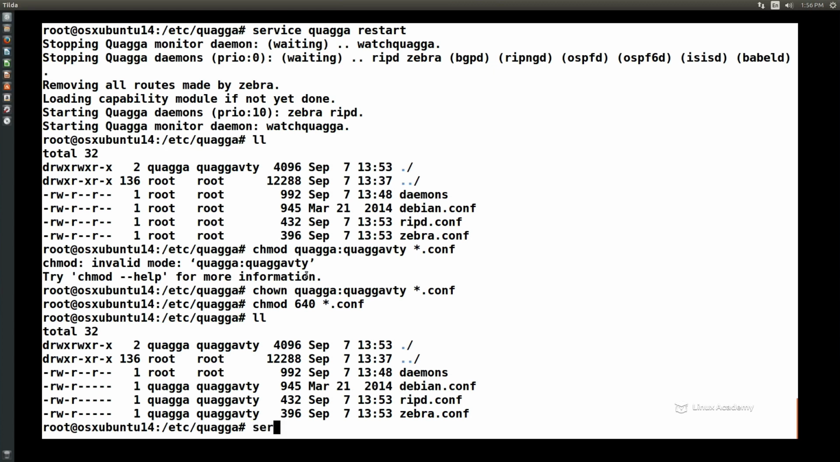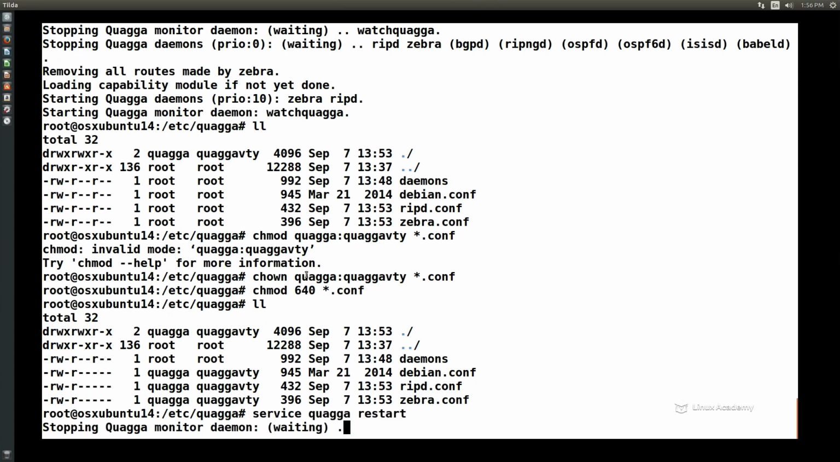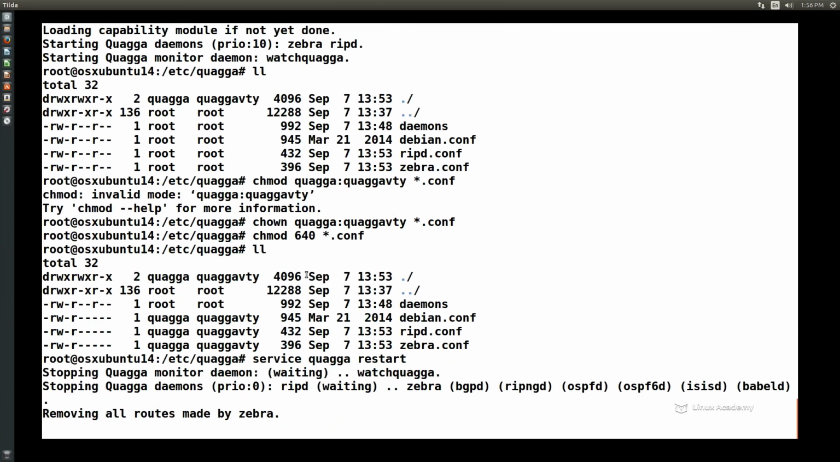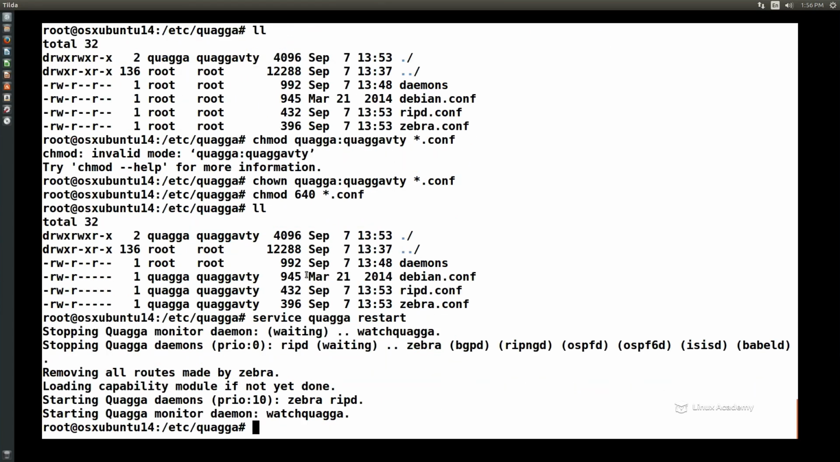service by doing a service Quagga restart. And this will reread those configuration files with the proper permissions so that we don't have any issues when we load the routing modules. So at that point,